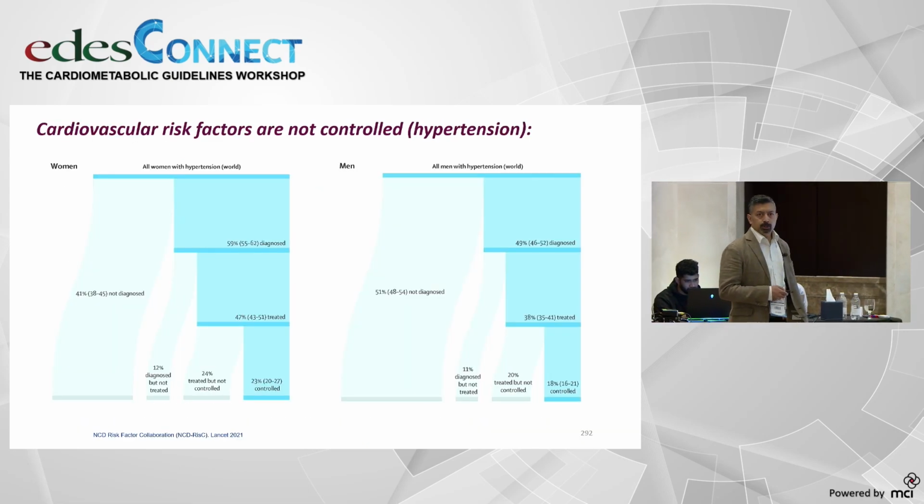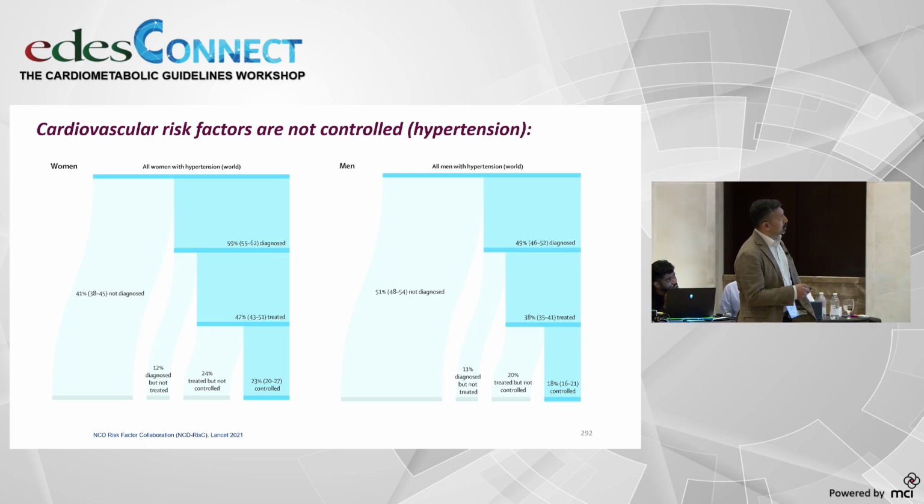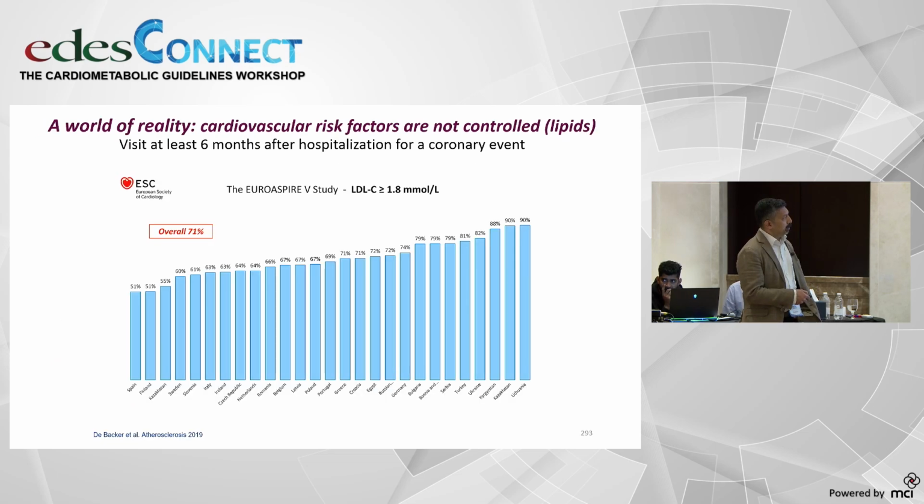And how well are we doing in controlling these risk factors? And this is a global study. It doesn't come out well here, but particularly if you look at hypertension here in this slide, among all women who had hypertension, only 23%,